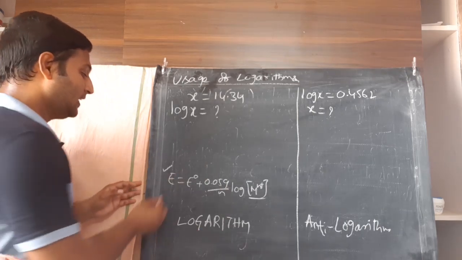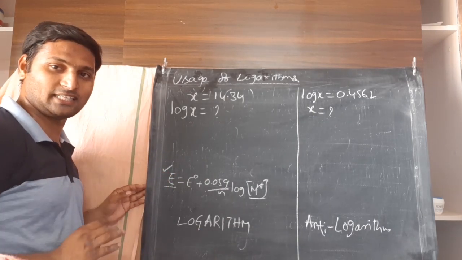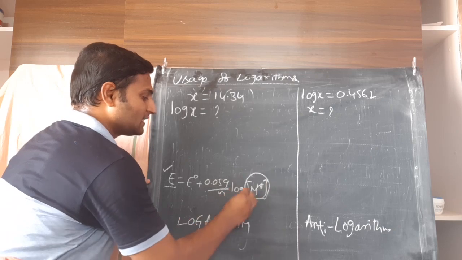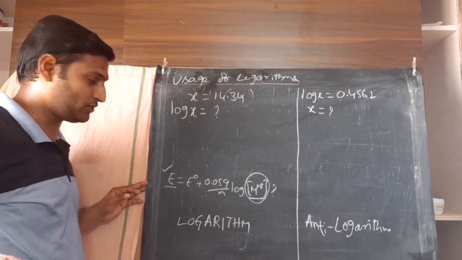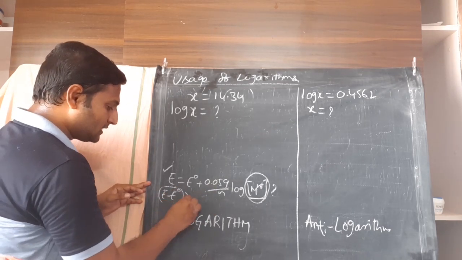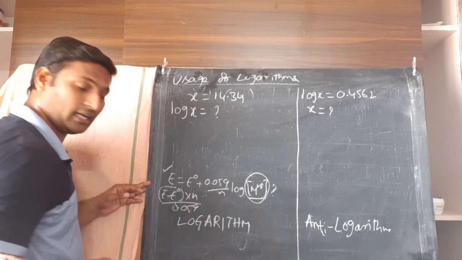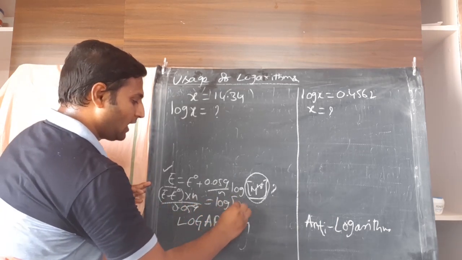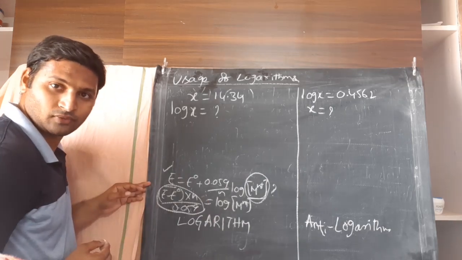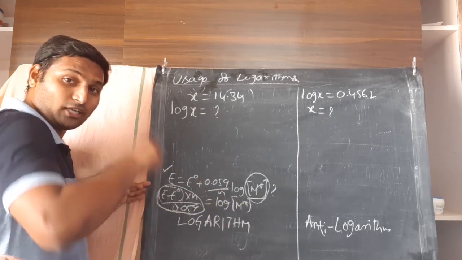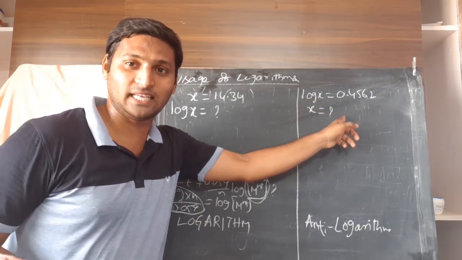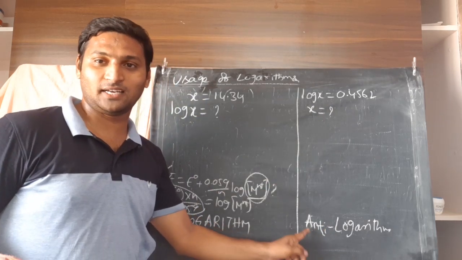Whereas, say, the electrode potential is given to you. Two such problems we have solved, you can cross check. Electrode potential is given, but the concentration of ions is asked. Now you see, you will bring E naught this side, E minus E naught it will be. Then you will bring this ratio this side, n by 0.059 it will be. You are left with log of Mn plus concentration here now. So by simplifying this ratio, you got log of Mn plus. But to get the final answer, you need the Mn plus value. Means you know log of x, but you want to find x. Then you will have to go to the anti-logarithm table.